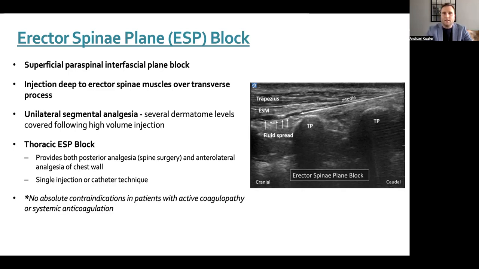And again, on the right-hand side here, you see a nice ultrasound image. And the goal with these blocks is actually directing the needle right at the corner of that transverse process and injecting the local anesthetic and then pushing that erector spinae muscle group up and seeing a nice distribution of the local anesthetic in the cranial caudal direction. And you'll see this also when we scan